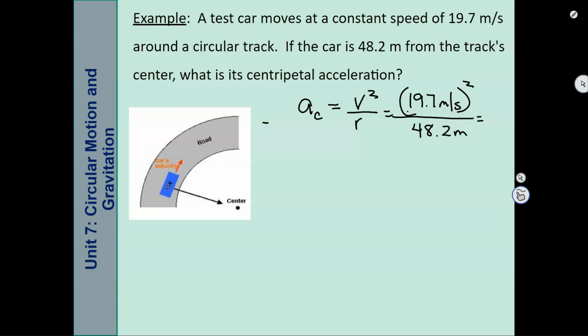If we look at the units, you really end up with a meter times a meter over a meter times 1 over a second times a second, if I break it down once it's squared. So this is going to cancel out, and notice my units are meters per second squared, and that is the acceleration units. If I did my math for this, it looks like I got about 8.05 meters per second squared. So that would be the answer for that type of problem.